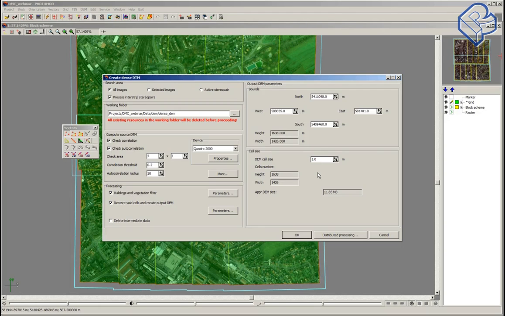It's not necessary. So here we can set the cell size of the final DEM, and